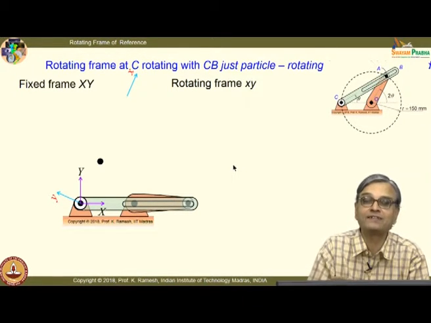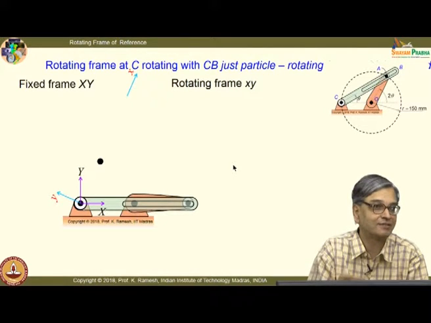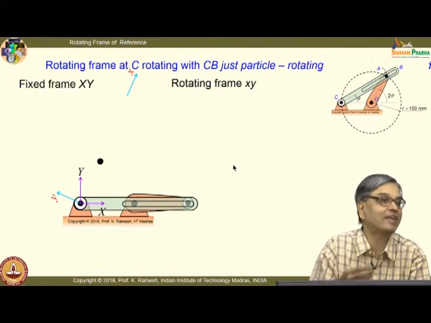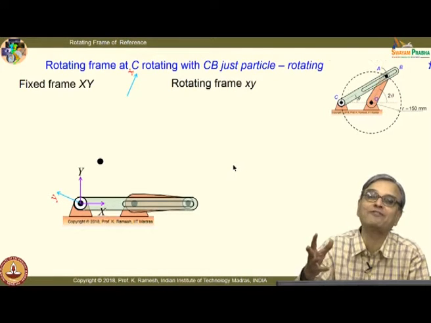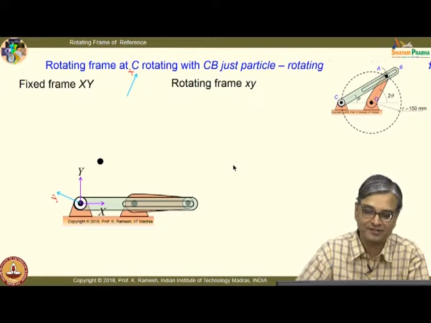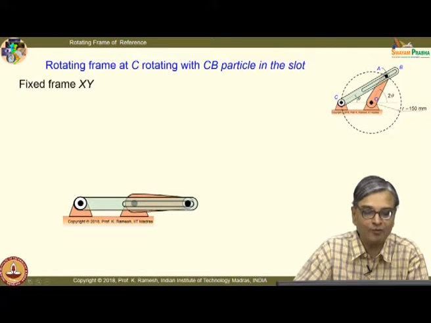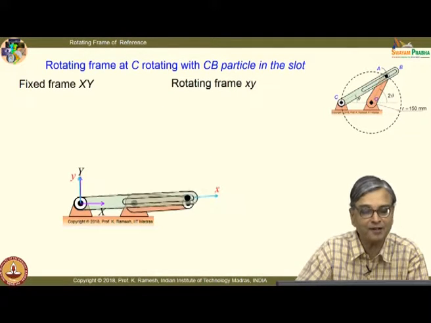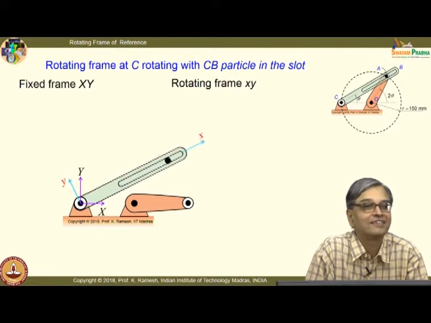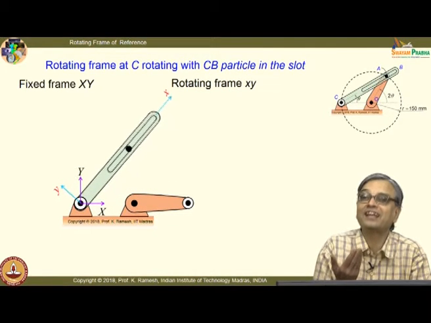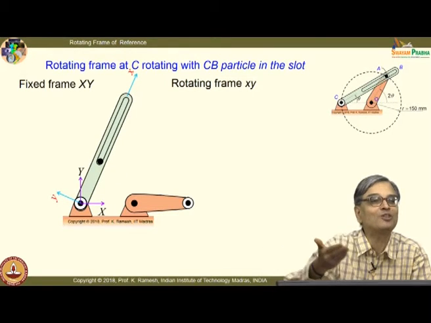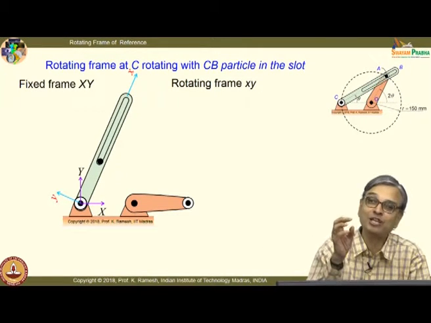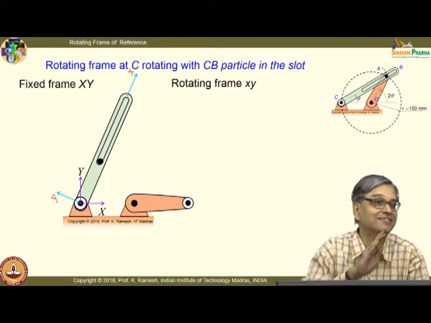See, you do not have the opportunity, there is a rotating frame, you cannot go and sit and watch. We have to only imagine, visualize. How best I can take you to that kind of imagination is the question. So, now I am going to rotate the green member and just the particle, I am not going to rotate the crank. And just look at the magical stuff. I see very clearly the particle is simply moving on the slot.